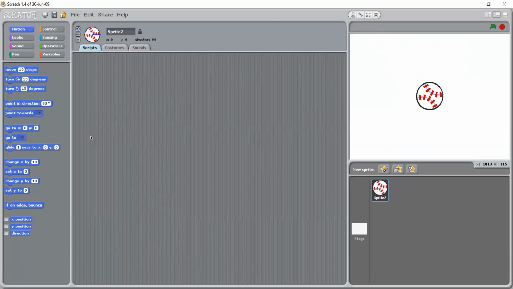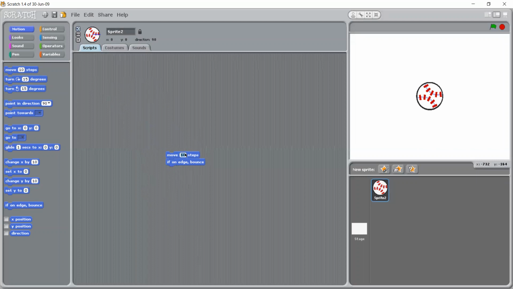Now my new sprite is this baseball, and I will show here if on edge, bounce. But how will it reach the edge? I will move it, and we can attach one command with another like this. Just attach it. If you keep it closer to the next command, it will attach with the other command.